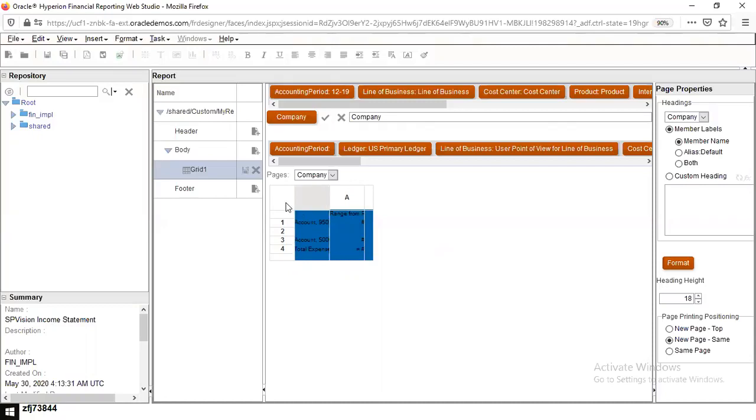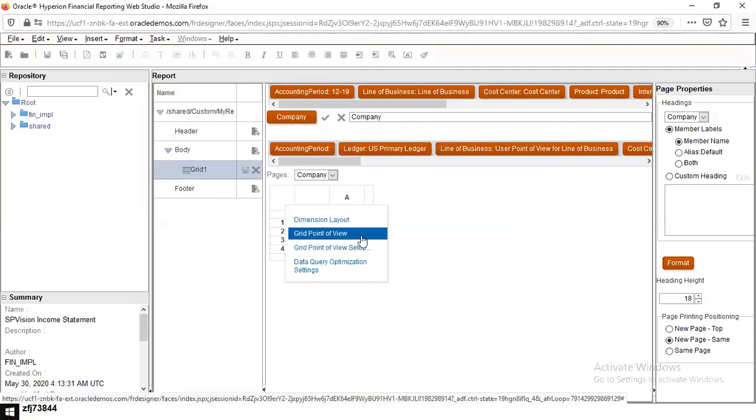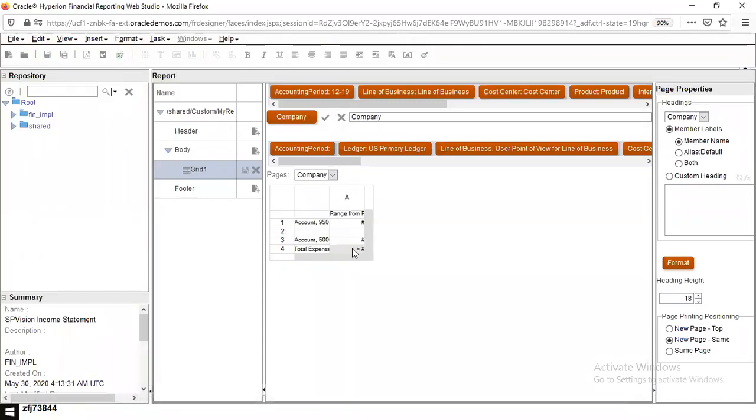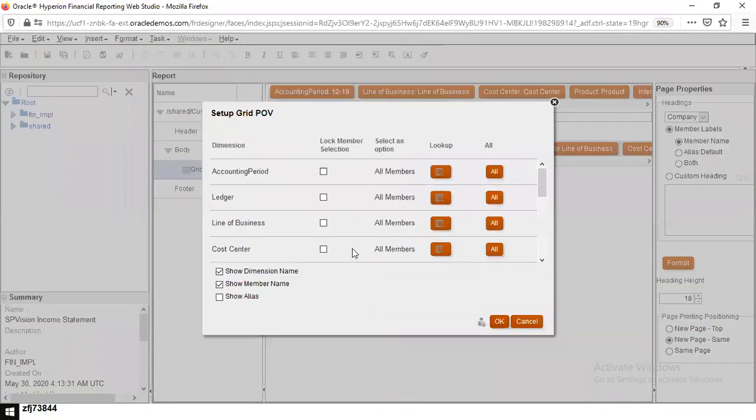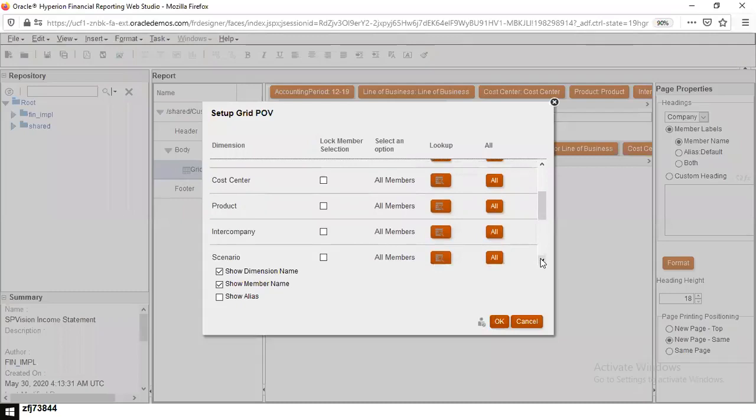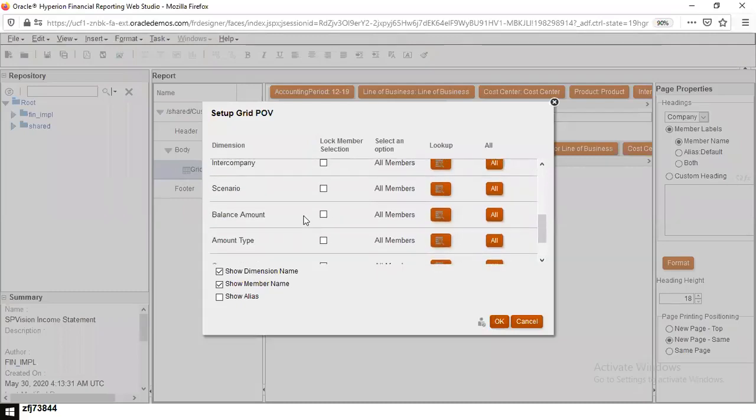we'll have to define the point of view. So for that, we go to the grid point of view setup. Okay. So you will find all these are the different dimensions that we have selected. If you scroll down, you will find the other ones here also. So if you look at the balance one,